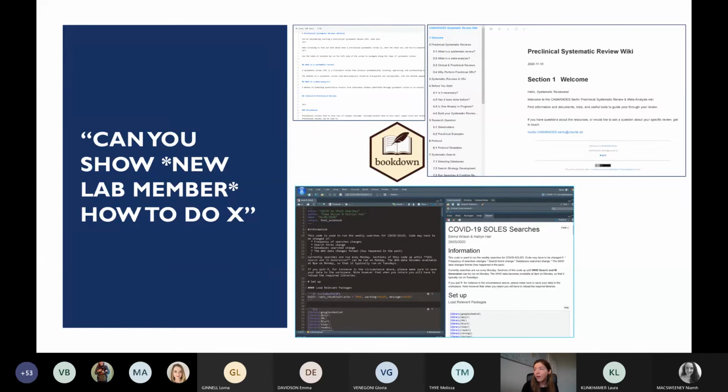You can put code in there, you can put lots of text in there. It's really easy to update. You can link it with GitHub and everyone can make changes and collaborate. But this is something that's worked out really well now, because now they can just direct new students to this resource rather than having to explain it themselves.